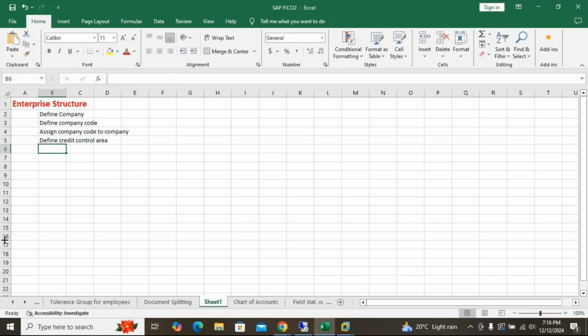Okay, next we did assign company code to, what? Credit control area. Okay, next we did define business area. So this is enterprise structure.